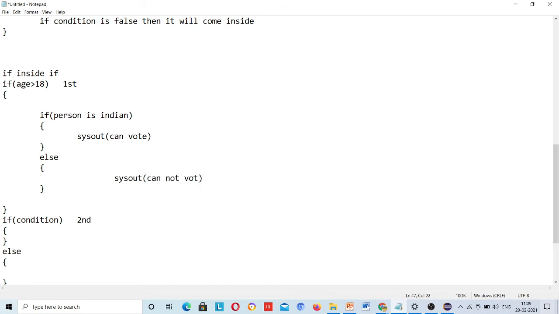cannot vote. Okay, if age is greater than 18, then he needs to check another condition, which is Indian or not. If Indian, then he can vote. Age is greater than 18 but an American cannot vote. So in the else part he cannot vote if he is not an Indian. Okay, then if the condition is greater than 18, maybe he is equal to 18, then you need to check again that age is equal to 18.